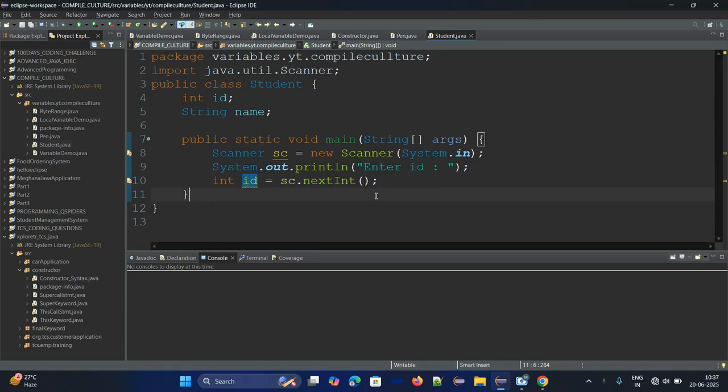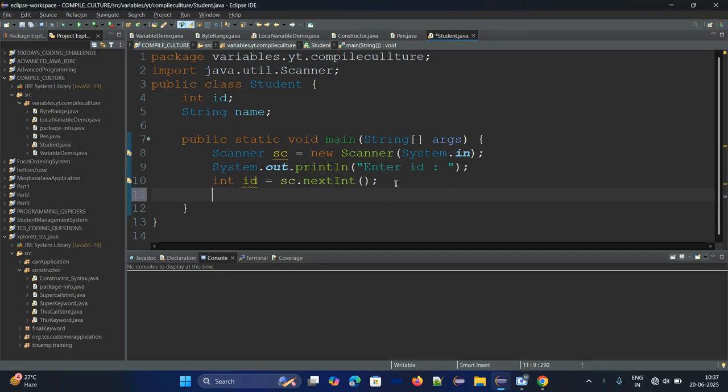Here, this nextInt method reads the integer value entered by the user and stores the data into the variable called id, which is of integer data type. This is the definition for this statement. Now, id is done, right?